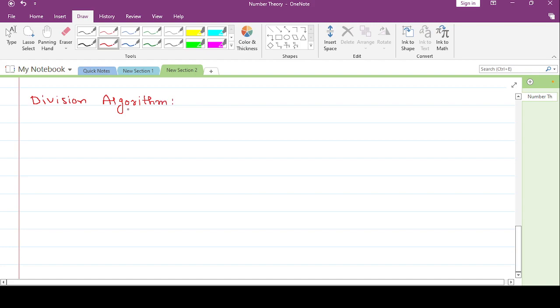So what is the division algorithm? This we see. Let a be an integer, and d be a positive integer. Then